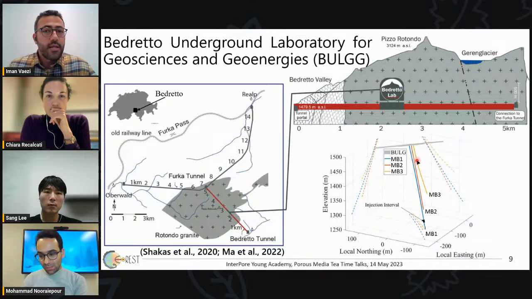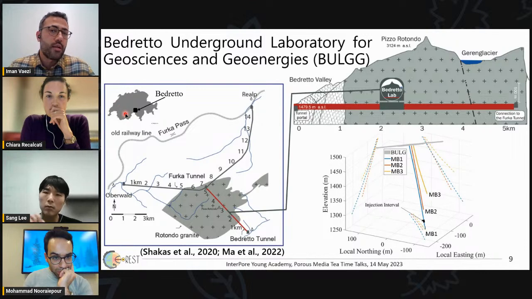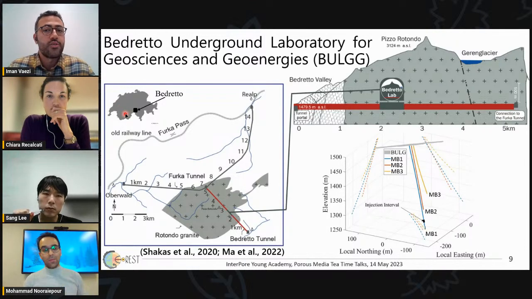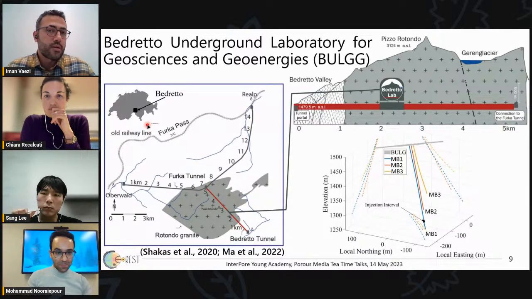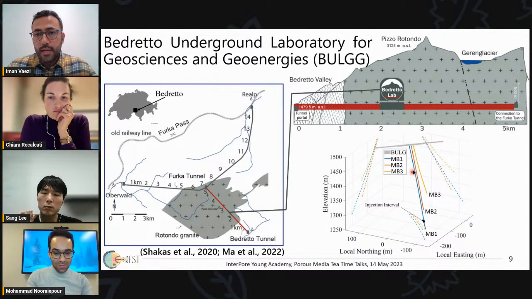To study hydroshearing in EGS, we have modeled a stimulation process at the Bedretto Underground Laboratory for Geosciences and Geoenergies in the south of Switzerland. The overburden directly above this laboratory is approximately 1,500 meters, providing conditions that start to resemble a realistic EGS system. This study presents numerical modeling and analysis of the hydraulic stimulation performed in the borehole